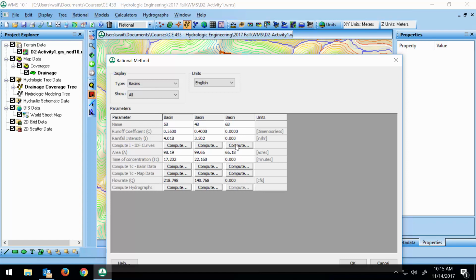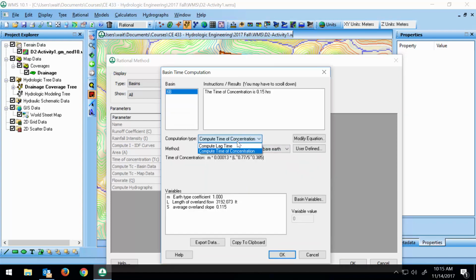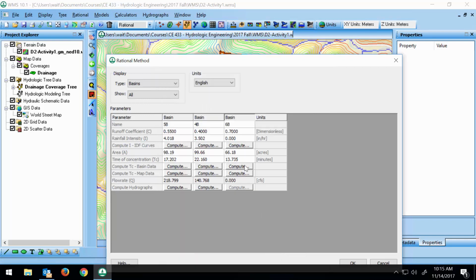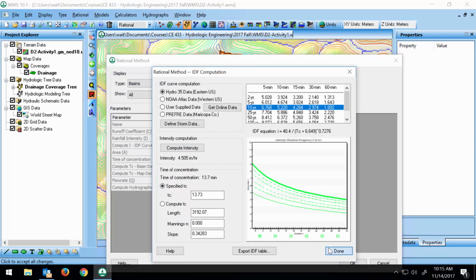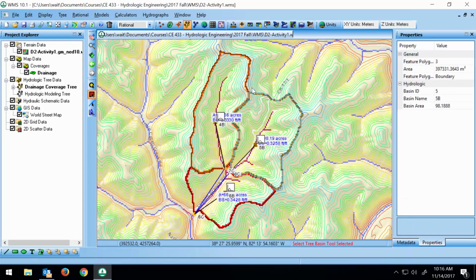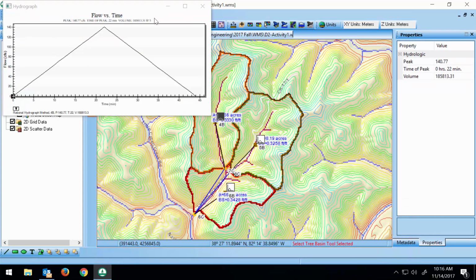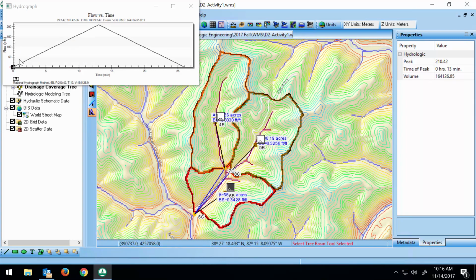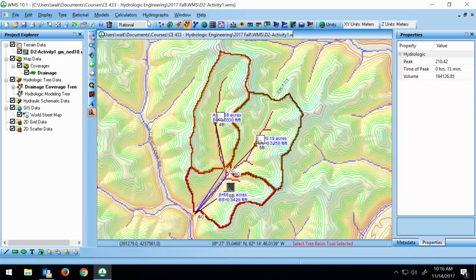And the lower basin is a little more developed, so we have a higher C value. We need to do the time of concentration. All right, we can compute hydrographs for all of them. And you can see here we've got 140. Here we've got 218. Here we've got 210. So